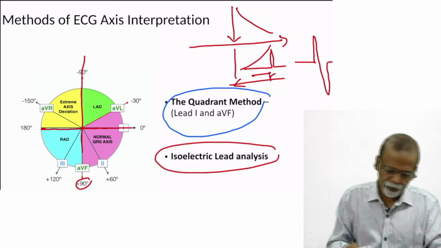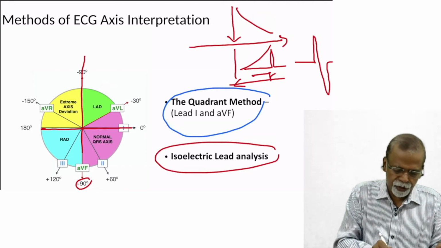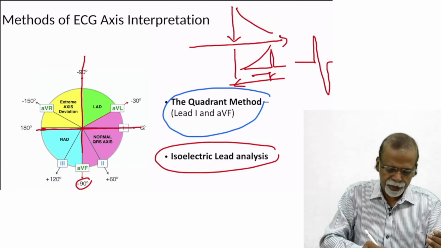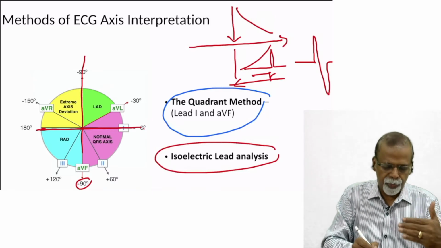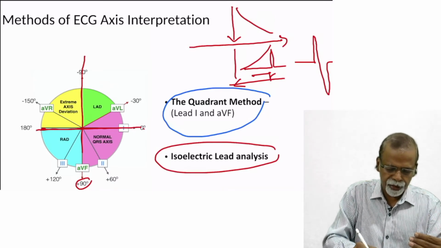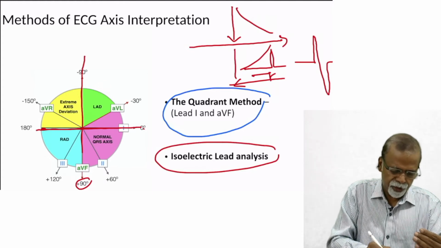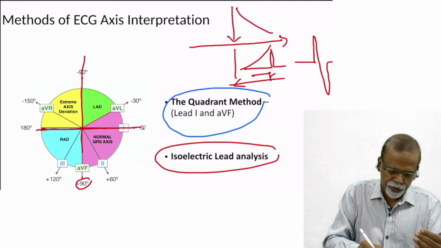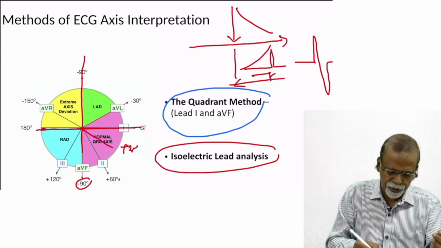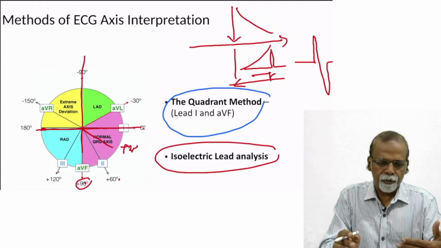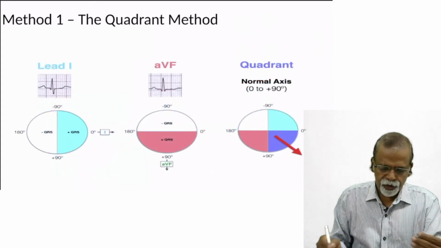and that is how you identify. So to repeat, this straight line is lead 1, that is taken as 0. Each lead, that is the hexaxial system: minus 30, minus 90, minus 120, minus 150, minus 180. The other direction also you do like this: plus 30, plus 60, plus 90, plus 120, plus 180. That is how the measurements are taken.